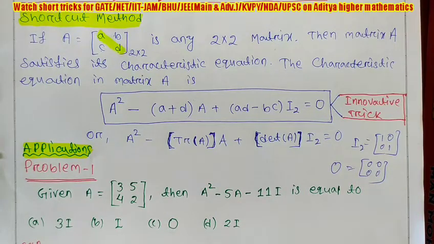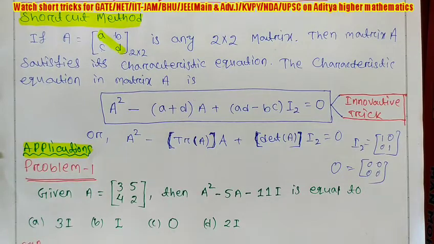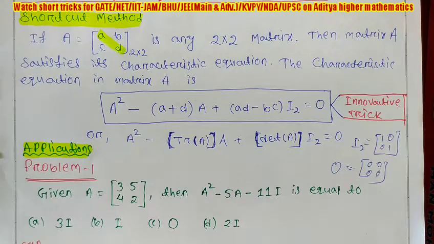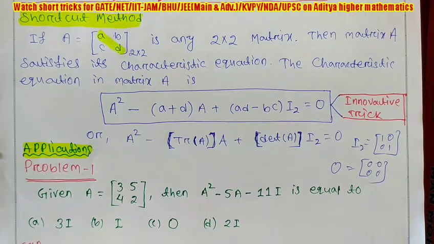But when you do like this, then you have to take minimum 5 or 10 minutes. If you are doing fast, then you can solve within 5 minutes. But in the exam, you do not have enough time to solve like this. Because in the exam, you have to solve more questions in less time if you want to qualify an exam. So you have to learn such types of short tricks. And now I am going to discuss the short trick: how to apply it to solve this question without using any multiplication or simplification. Understood?